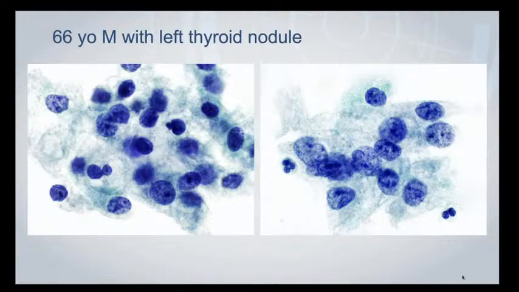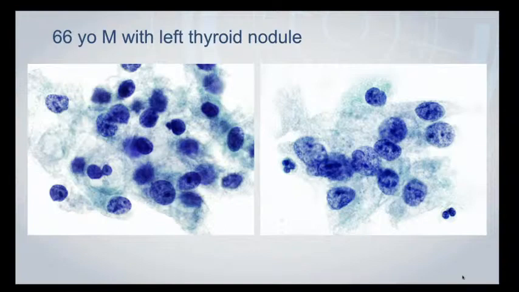All right, let's talk about something else here now. Take a look at this image and ask yourself what you think this might be. These cells are showing a fair amount of nuclear overlap, but there's a lot of cytoplasm here. These cells have a low nuclear cytoplasmic ratio. The cytoplasm is somewhat granular, so you might be thinking about a Hürthle cell neoplasm. That would be a very good guess, and probably without any other history, probably the best interpretation for this specimen